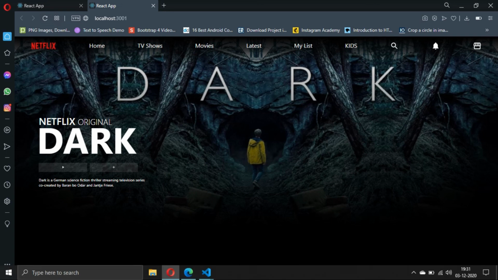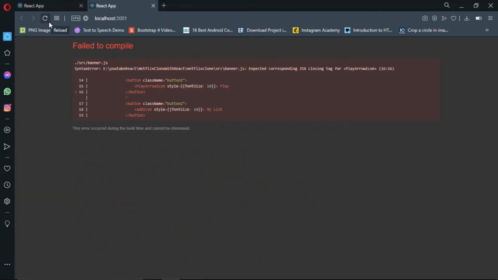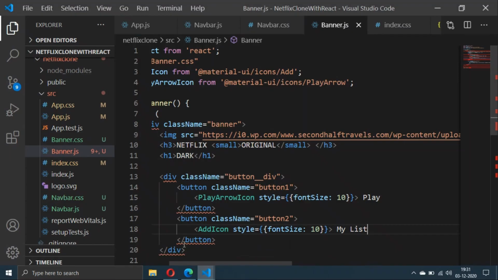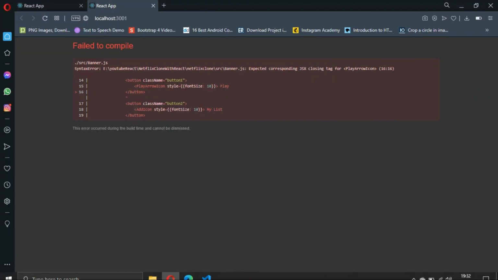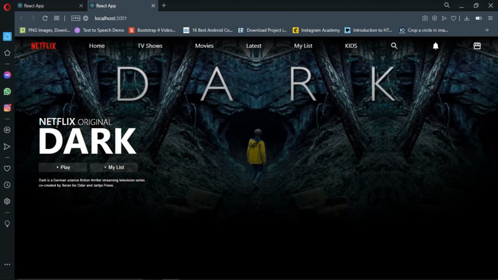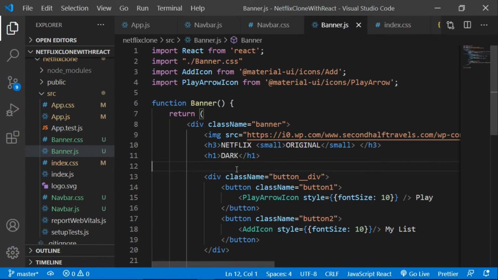I think it isn't working. Okay, so let's try removing these enclosing tags. Still we will get this error because obviously we haven't added the enclosing tags. So let's add the enclosing tag here at the end and before this greater than arrow. So now if we refresh this, we will get the text here with the buttons and with all the icons and all of that stuff embedded inside that, and I got this TV shows, movies, everything is perfect now. So this much is enough for this video.